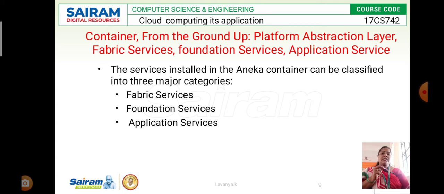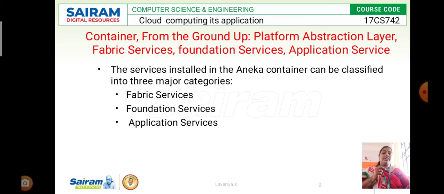Then what are the application services? The application services are what we use for the scheduling services as well as the execution services. The scheduling services take care of the jobs, like mapping the nodes and rescheduling the failed jobs; whatever tasks fail can be rescheduled again. Then the job status monitor means we are monitoring the job status as well as the application status. These all are monitoring statuses.